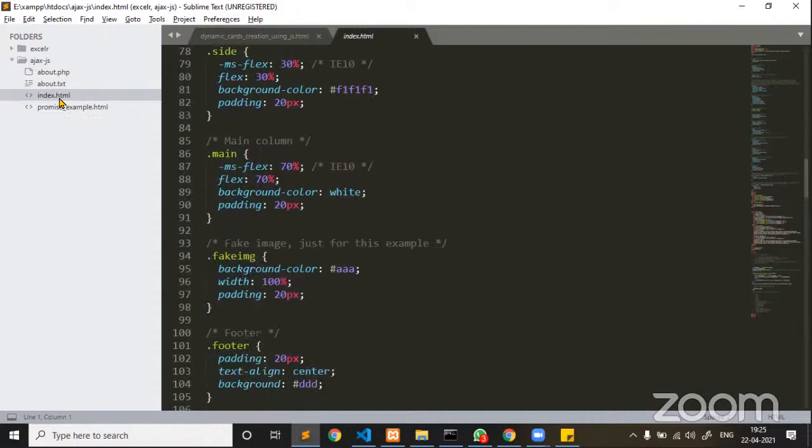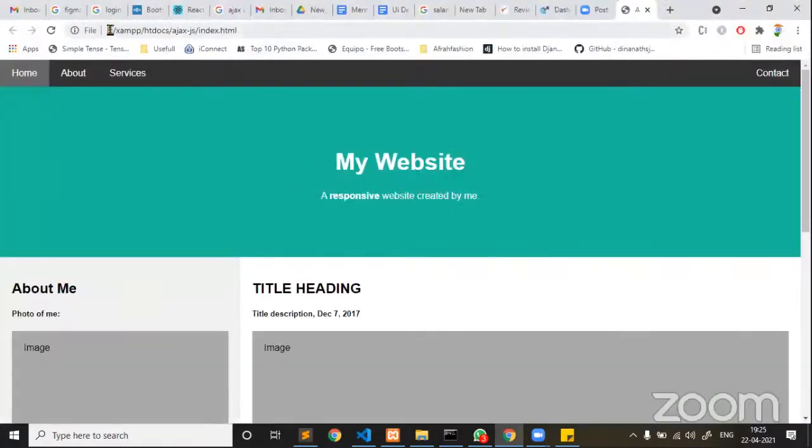Now if you execute this, see, earlier when we created HTML, there was an option for us to right click and open in a browser. Now if you right click and open in a browser, guys, listen carefully, Ajax won't even work. Why? Because this is completely a flat file system. Now you see in the URL, this is called the file system. In the file system, Ajax won't even work.